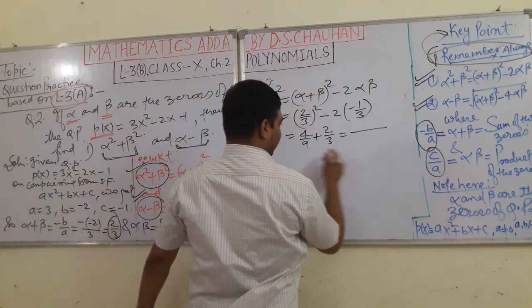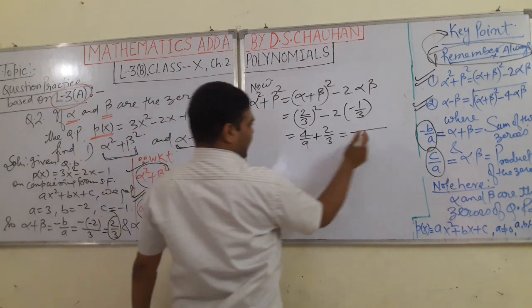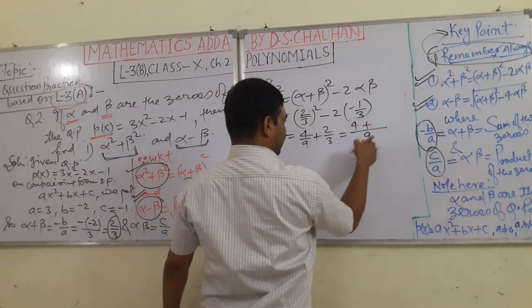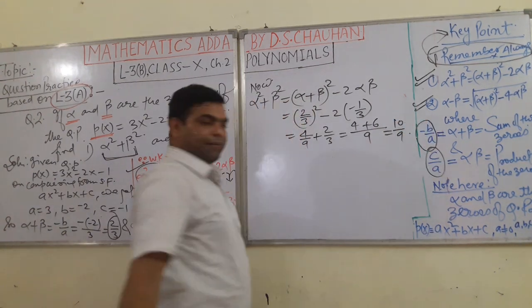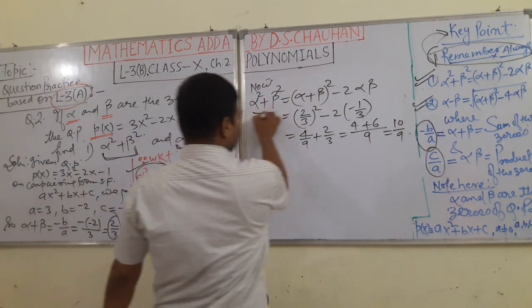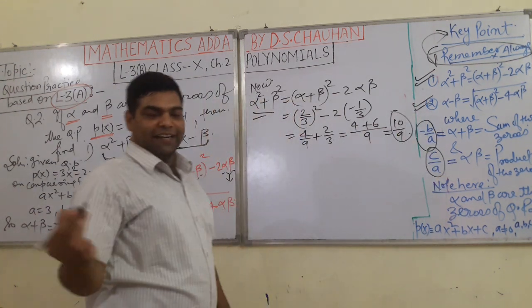As we simplify by taking the LCM, what do we get here? 9 is the LCM, so we get 4 plus 3 times 2, since 3 times 3 is 9 and 3 times 2 is 6. This is here 10 by 9. Hence the value of alpha square plus beta square is 10 by 9. Next,